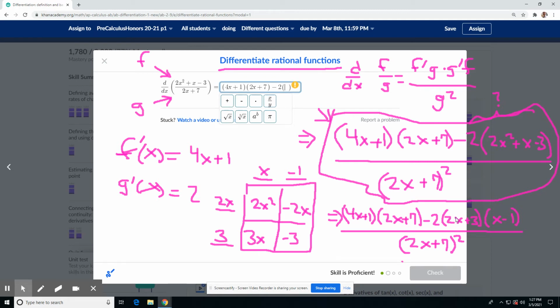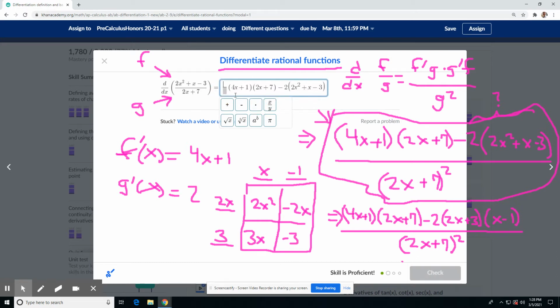Sure, maybe I'll go ahead and use this one down here. I'll do this like I wanted. I don't like doing that square. So I'm not going to let that stop me though, I guess. 2x squared plus x minus 3, and all of this divided by,